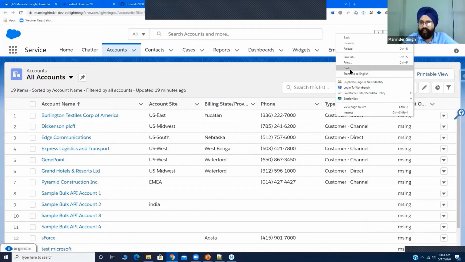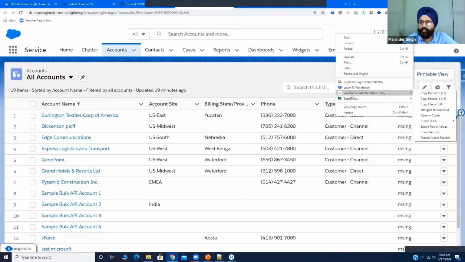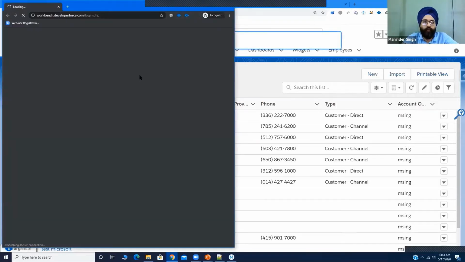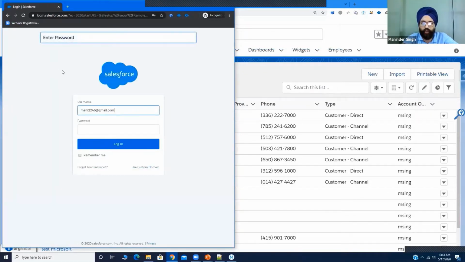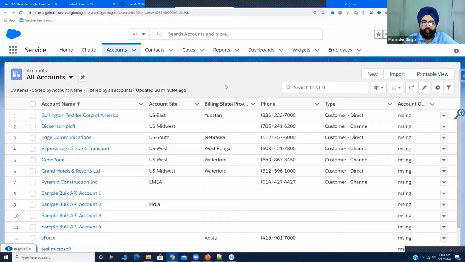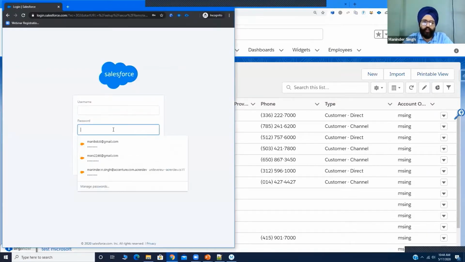So this is the right-click context menu. Here I have an extension which places a new option, login to Workbench. When I click it, it will open a new private window, go into the page, automatically select whether it is a production org or a sandbox org, check the required flags and click on login. It will automatically populate your user ID or the username from the org which you have logged in. So this is all automation I have done. You can also put in the passwords here, but for security reasons I haven't done it. You can get it from the user and make it a whole automation.